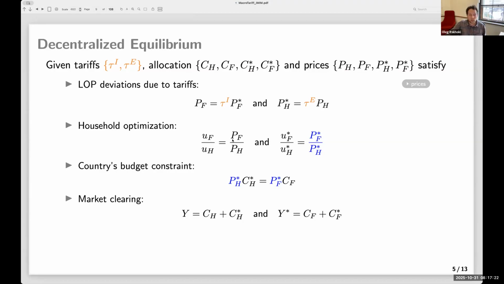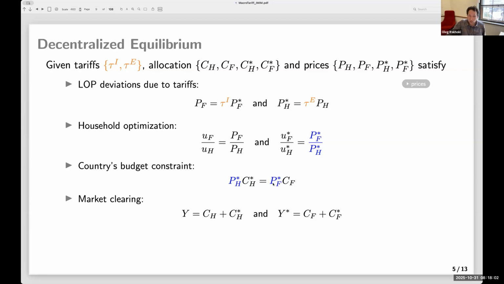Consumers choose consumption, equalizing marginal utilities or marginal rates of substitution with the relative prices in each region. And the relative prices could be different because there are law of one price deviations because of the tariffs and taxes, right? Right now, the budget constraint doesn't have net foreign assets or liabilities. And so the budget constraint is just that exports are equal to imports. And note that we are using the foreign prices because these are the prices at which the trade is happening, right? So the domestic prices are different because there is the tariff, but these are the prices that the foreign agents have to pay. And so the budget constraint is in terms of foreign prices.